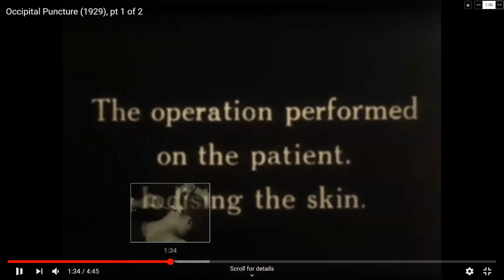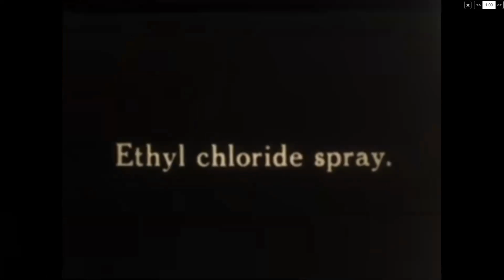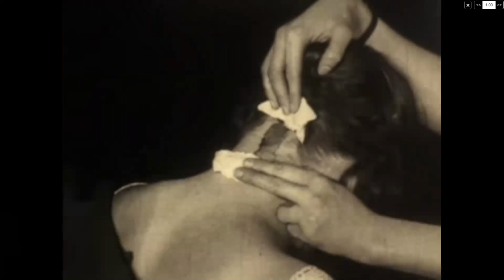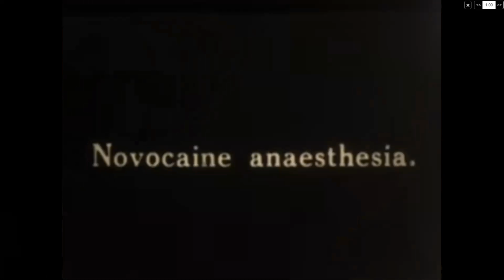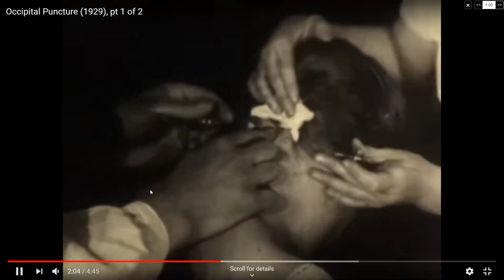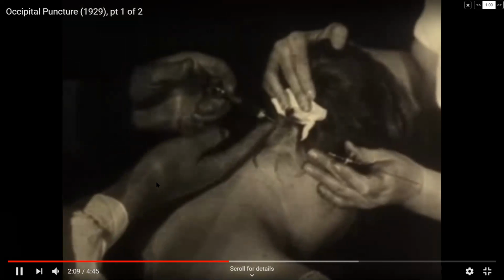Okay, now you make sure the patient is flexed completely. Now this was a long time ago where you used to use ethyl chloride spray and used to use iodine, but nowadays it has changed a little bit, but procedure remains the same. Okay, you'll make sure that there is a nurse or someone who is holding the patient's neck in flexion. You inject a little bit of anesthetic. Once you've injected it, you locate the space, cisterna magna, and carefully push in.